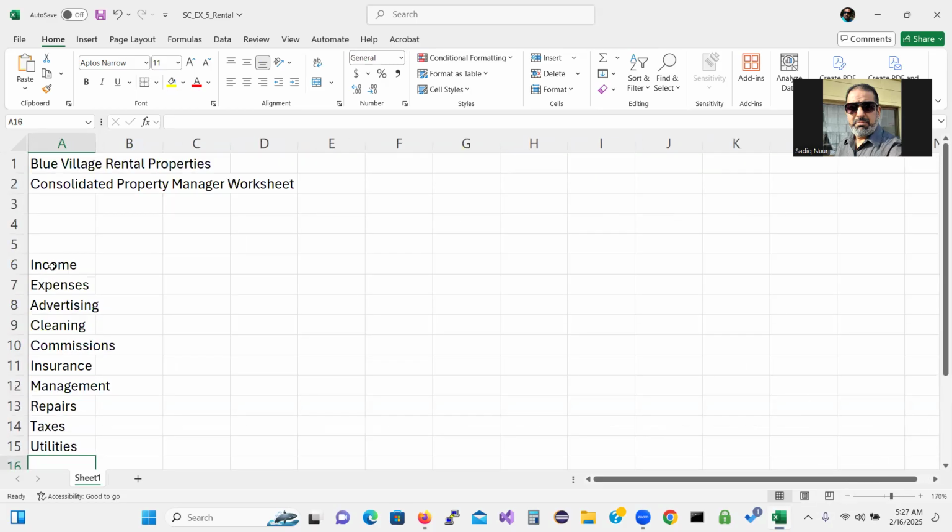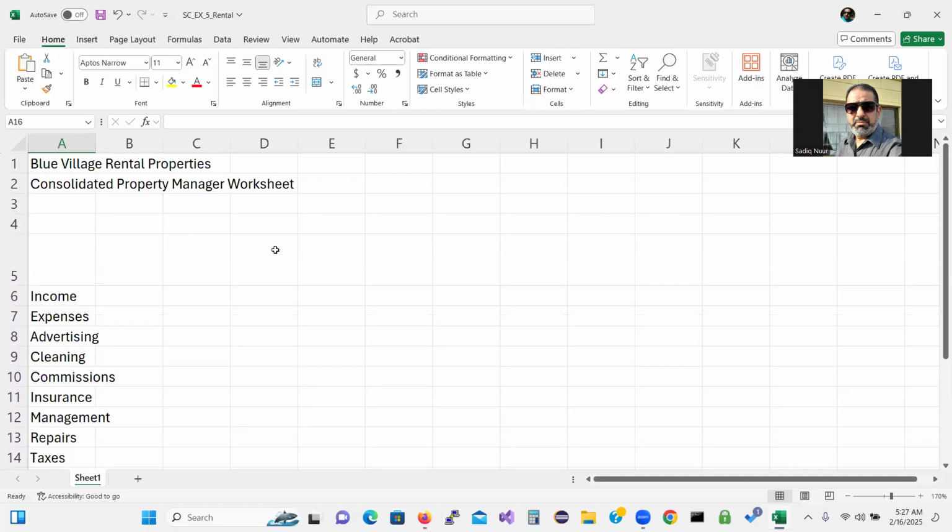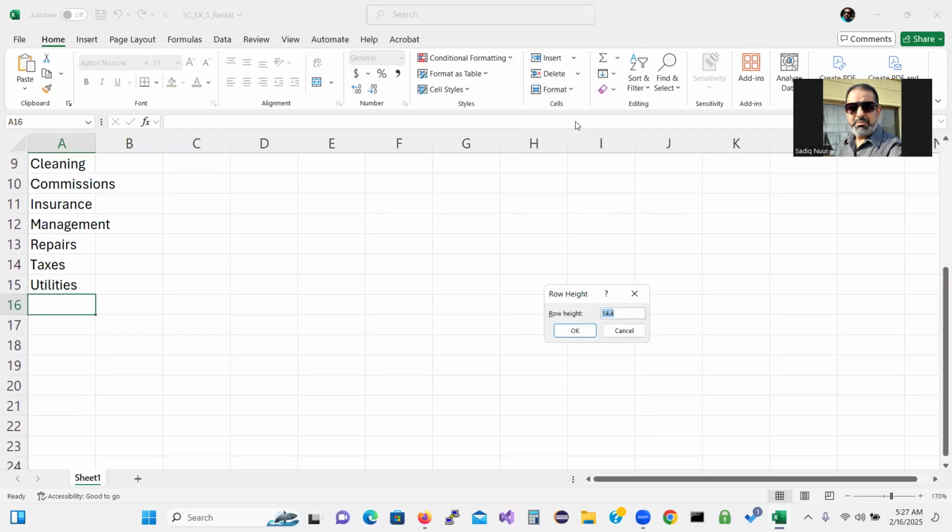All right. So row number 5 now is 14, so we have to move it to 37.8. As you see, the screen tip is showing me where I am right now. 37.8. So I need to go to the format here, row height,